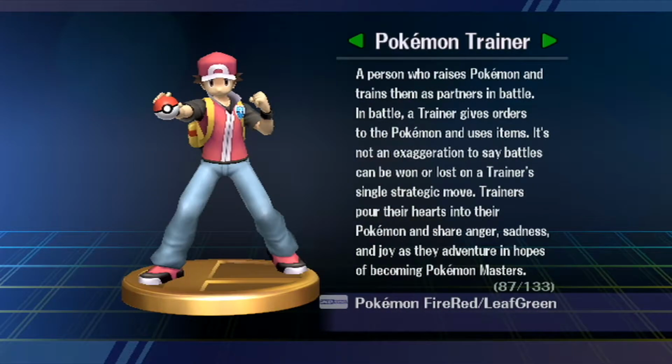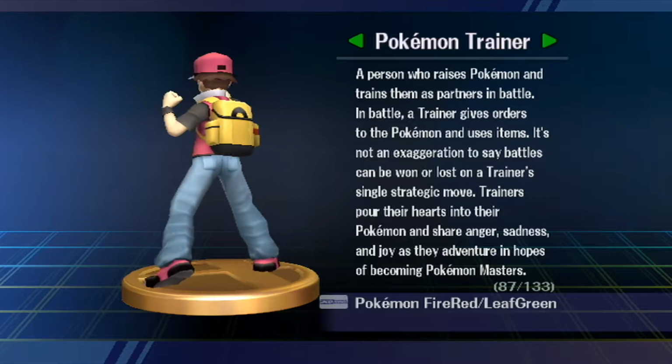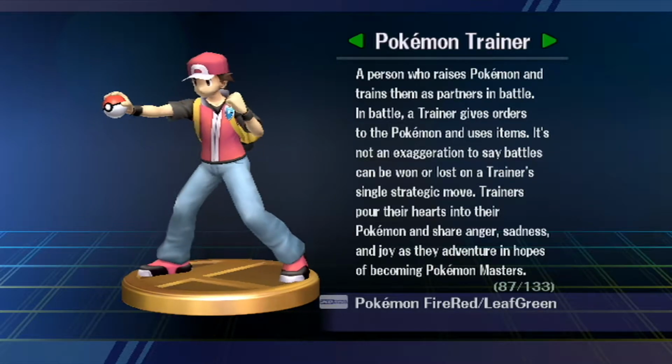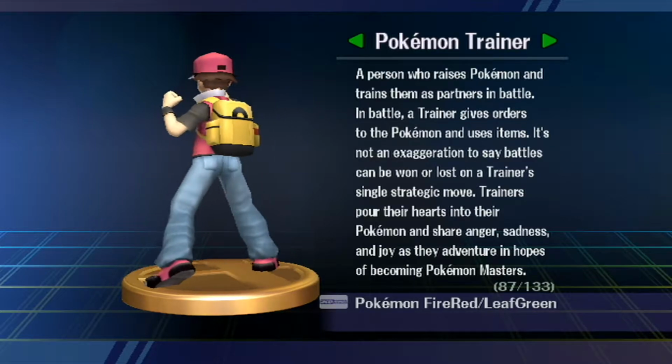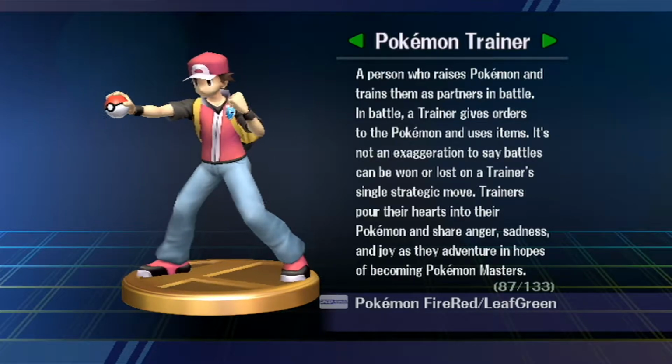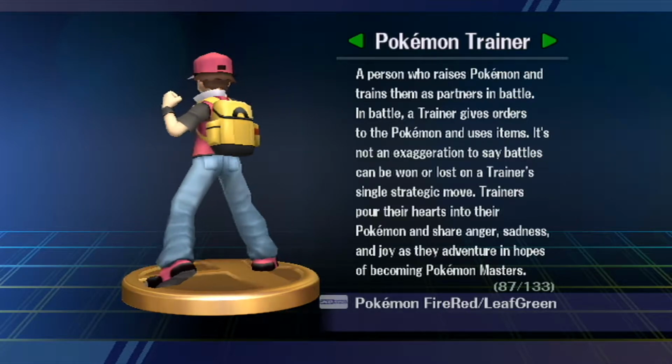Pokemon Trainer, let's start off with him. A person who raises Pokemon and trains them as partners in battle. In battle, a trainer gives orders to the Pokemon and uses items. It's not an exaggeration to say battles can be won or lost on a trainer's single strategic move. Trainers pour their hearts into their Pokemon and share anger, sadness, and joy as they adventure in hopes of becoming